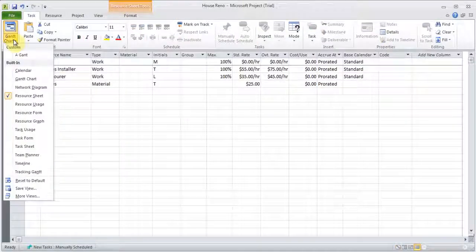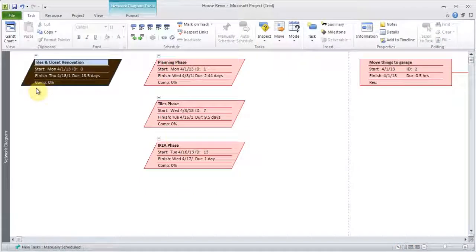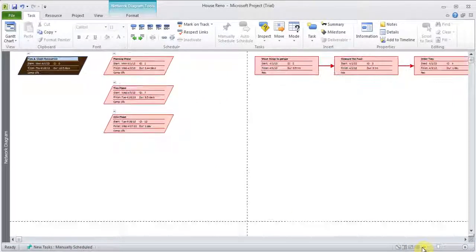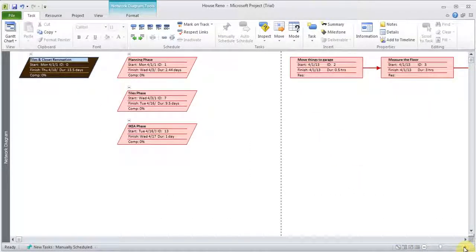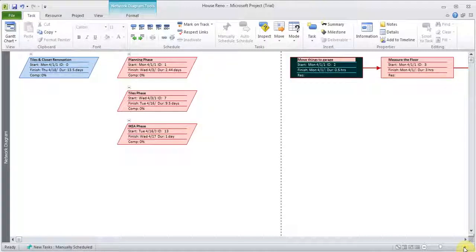I can also click here and I can go to network diagram. So it kind of shows me my network, and I can use the zoom to reduce it so I can see how things are lined up. So I'm just going to come back